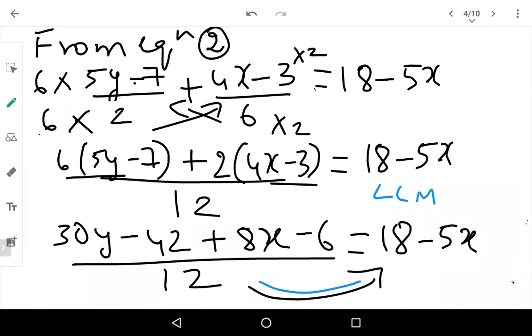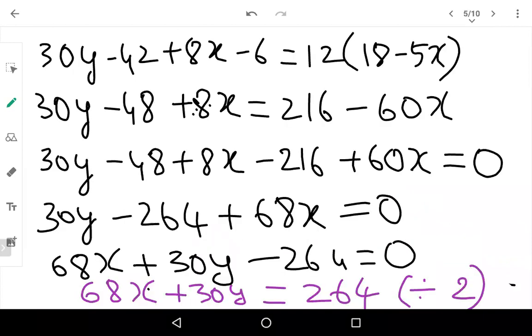Now since 12 is in division, if it goes to the other side, it will become multiplication. So 30y minus 42 plus 8x is equal to 12 into 18 minus 5x. Now 12 into 18 is 216, 12 into minus 5x is minus 60x. And here we did a little